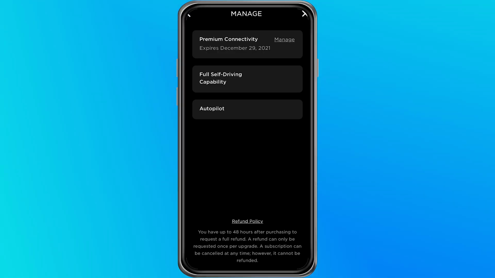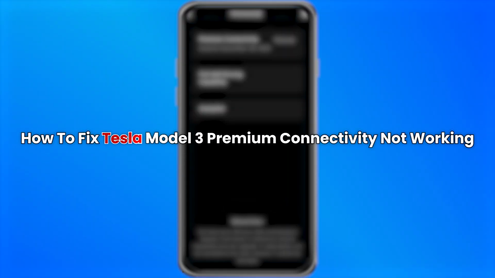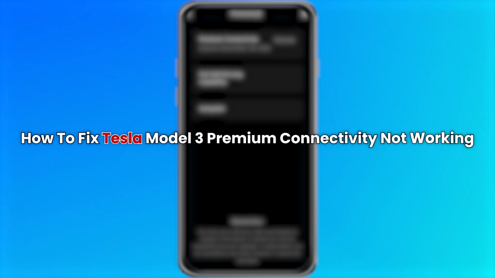Hello everyone. In this video, I will show you how to fix premium connectivity not working on your Tesla Model